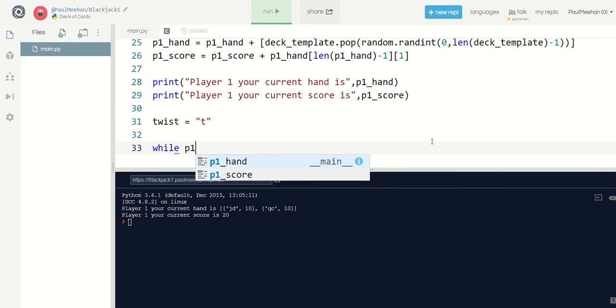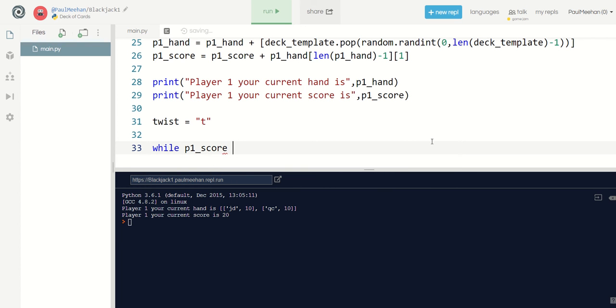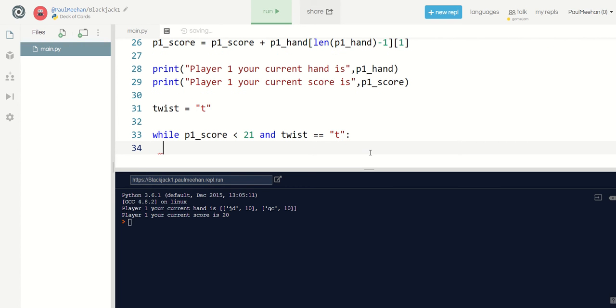And we want to say while p1_score is smaller than 21. So if they reach 21, there's no point in them pulling any more cards, so it's fine. And if they go above 21, then bust. So we want to break the loop anyway. While it's that, and twist is still equal to t. So obviously before the loop, twist is equal to t, so that will trigger the loop off anyway. And their score should still be lower than 21. So while those two conditions have been met, they definitely both will have been met. They have both been met together. All right. We're going to repeat some instructions. And what the instructions are